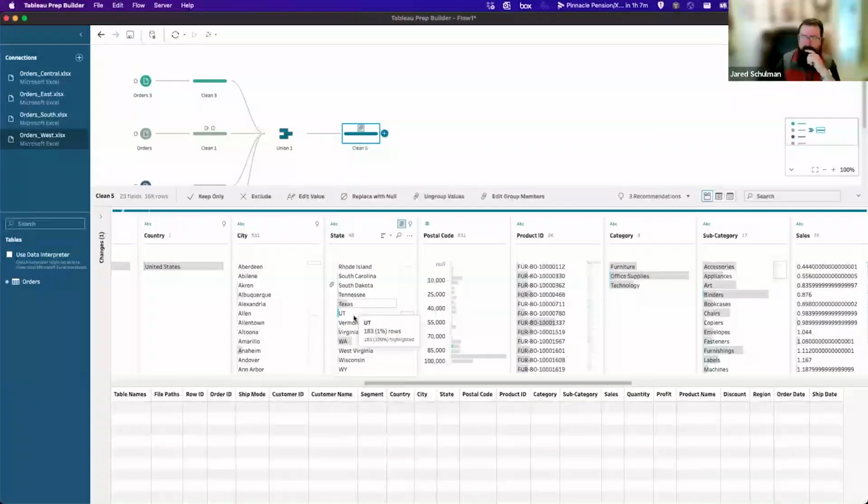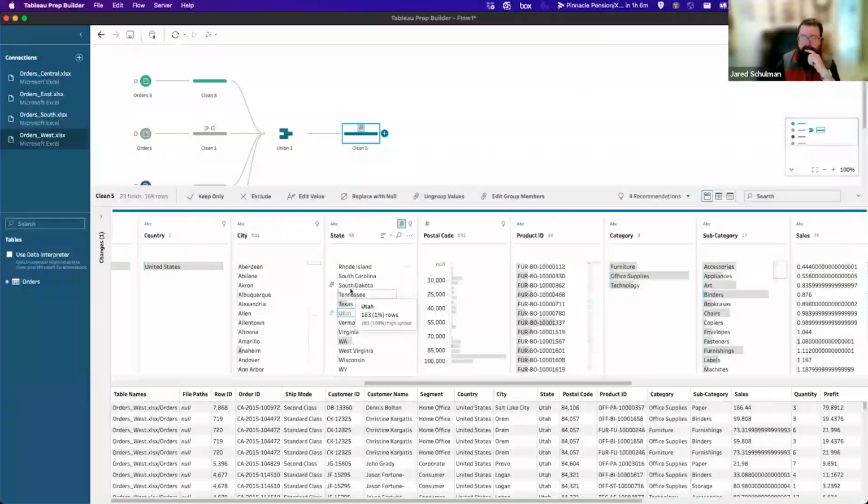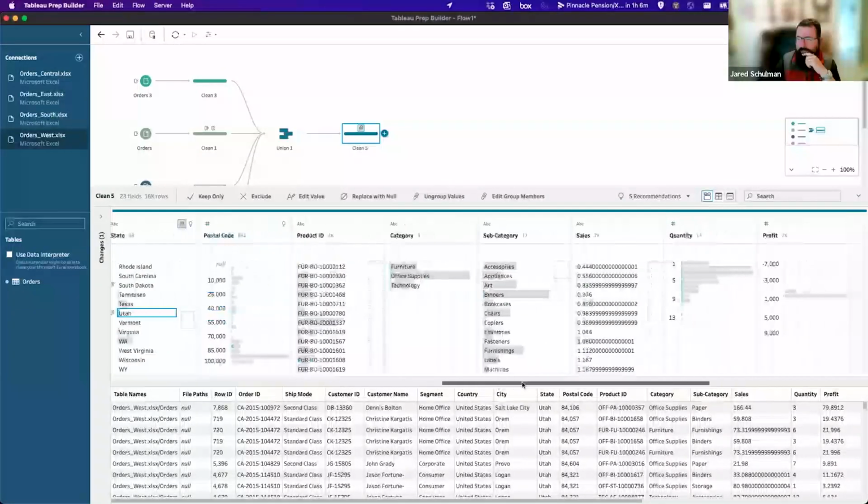And hopefully that didn't undo the rest of my groupings. But regardless, yeah, it looks like this is still giving us what we want. We don't have to keep on going through the rest of those state abbreviations. We can keep on moving forward.